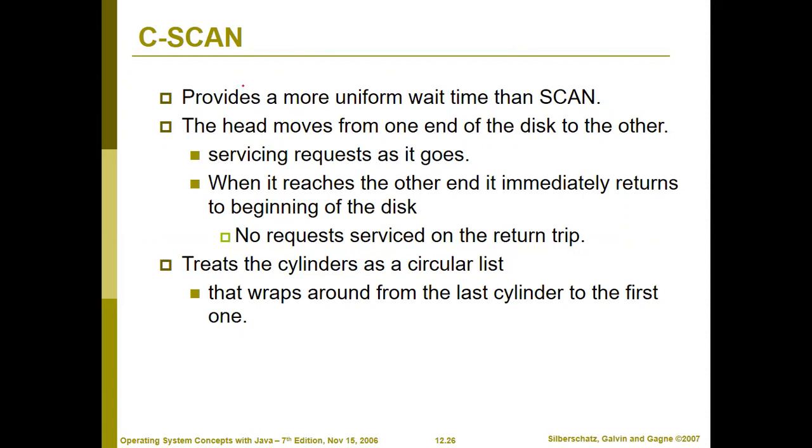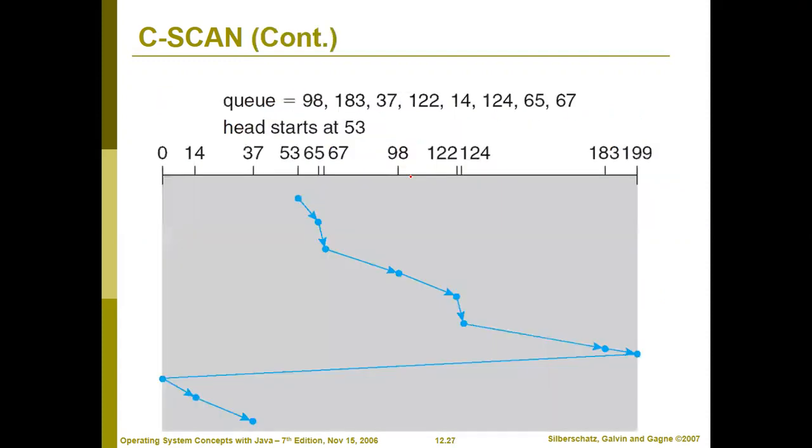In C-SCAN, there is a little difference between SCAN and C-SCAN. Again you plot the number line, you go in one direction, then you return back to the other end.